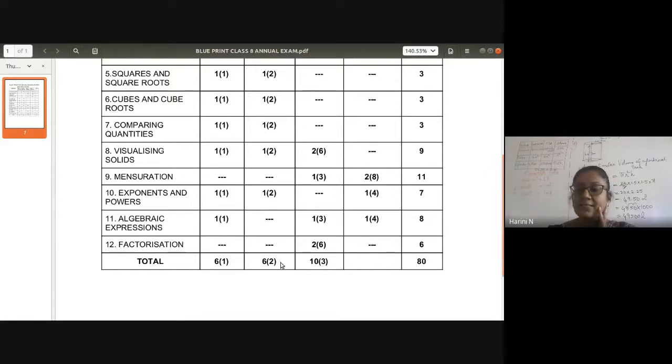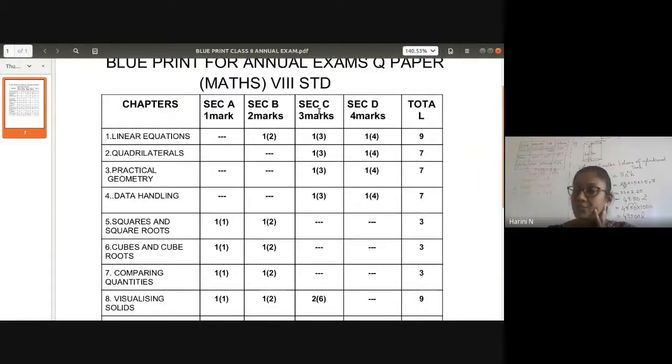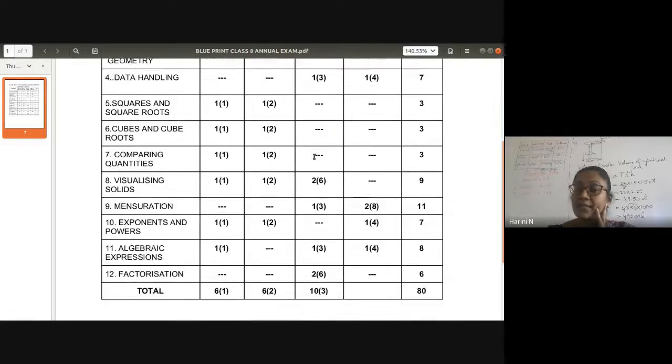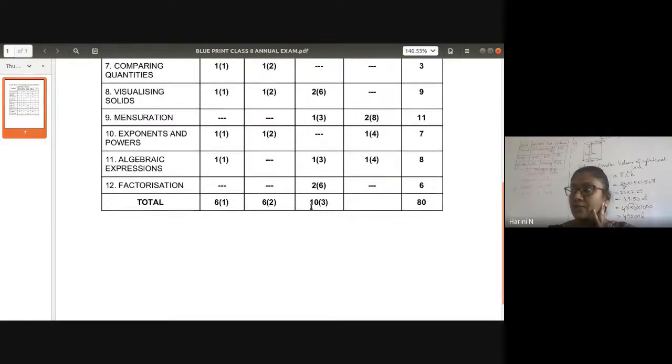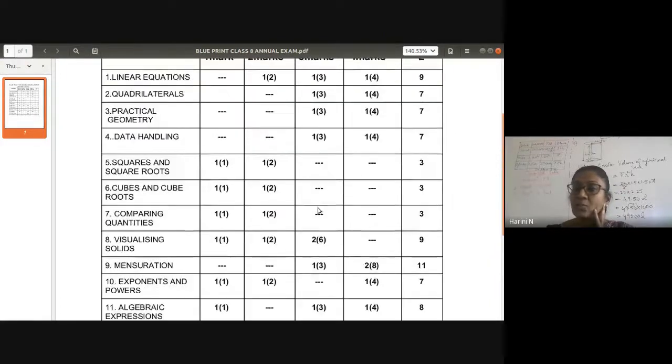So that will make 6 into 2, 12 marks. So already 6 marks in section A, 12 marks in section B. Next, moving on, section C. Each question is going to have 3 marks and you are going to have 10 such questions. Okay, so section C is going to be a long section because there are 10 questions that you have to